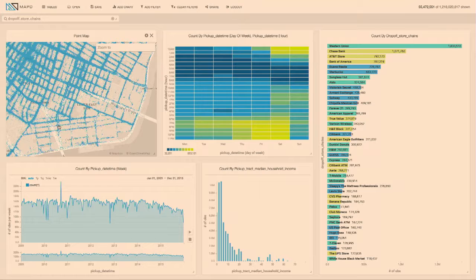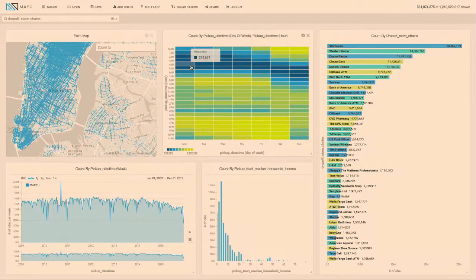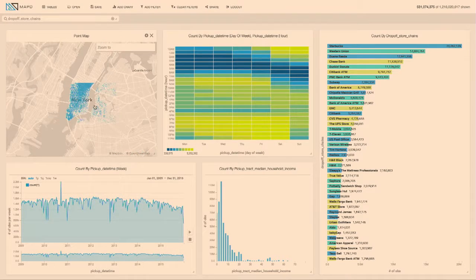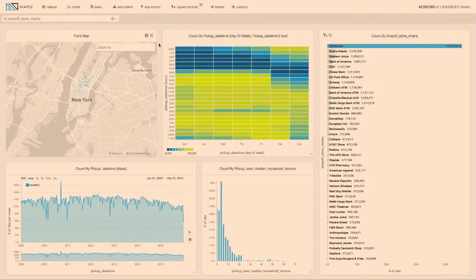But our goal here was to extract potentially tradable insights, right? So on the right here, you actually see this data, which we joined from Factual, as I previously mentioned. This is where the taxi rides are being dropped off. So if I zoom out a little bit and I click on Starbucks, we can see all the rides, 42 million out of the 1.2 billion, that are being dropped off near Starbucks.